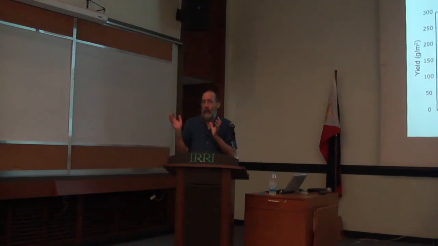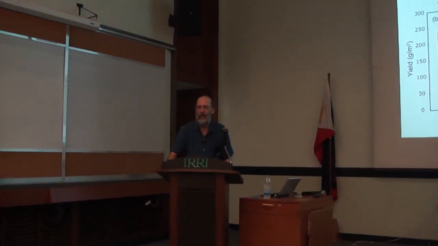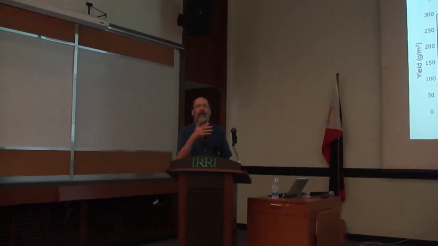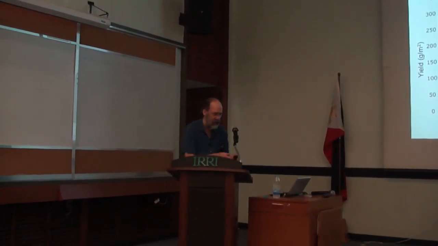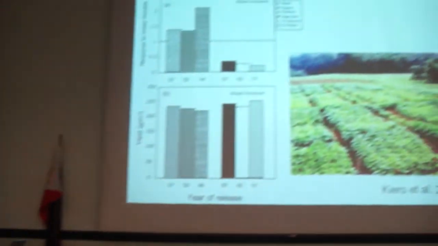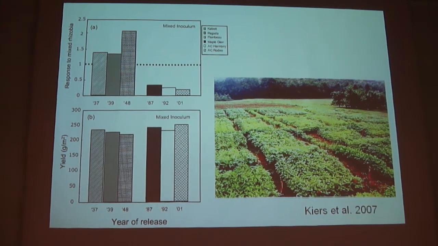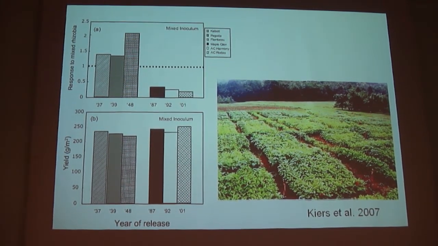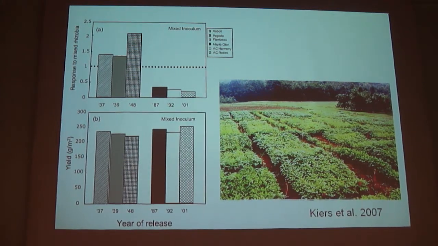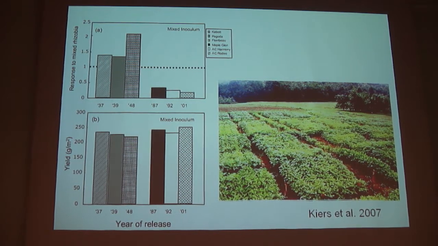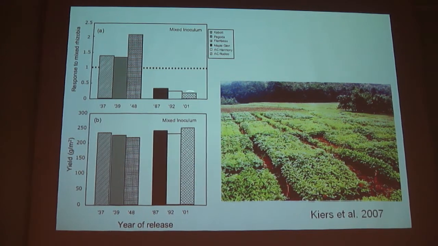But we could just take a more traditional breeding approach and say, okay, well, it'd be nice to know the mechanism and genetically engineer it, but is there any genetic variability in this trait? And so we think so. This field experiment isn't really a perfect test of the question of whether there's variability for host sanctions. But what Toby did was to grow a bunch of cultivars of soybean released from 1937 through 2001, and she